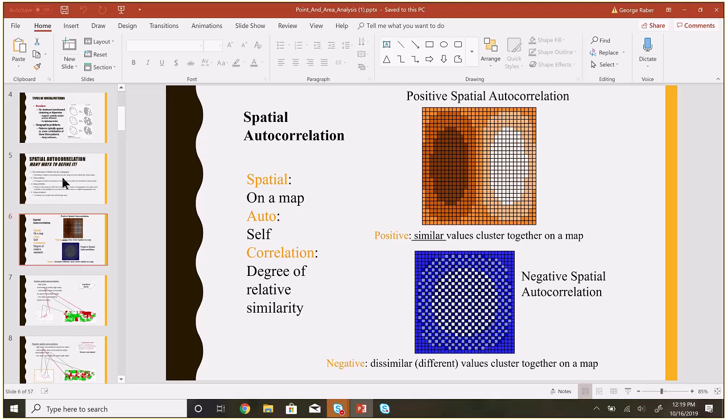This is referred to as negative spatial autocorrelation, in other words, dissimilar values clustered together on a map. But when we're talking about self, we're talking about a single value. So we're talking about if population did this, or if population did this. Those are the two different types of